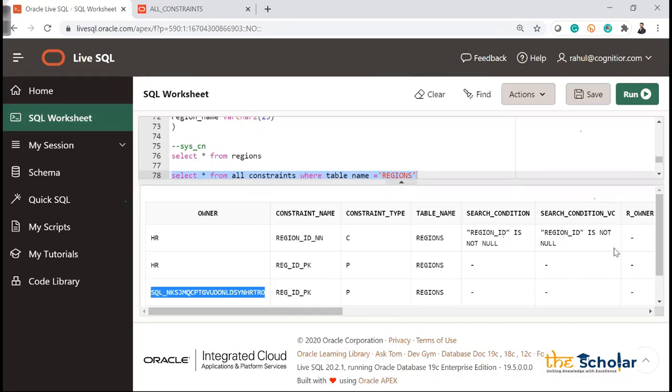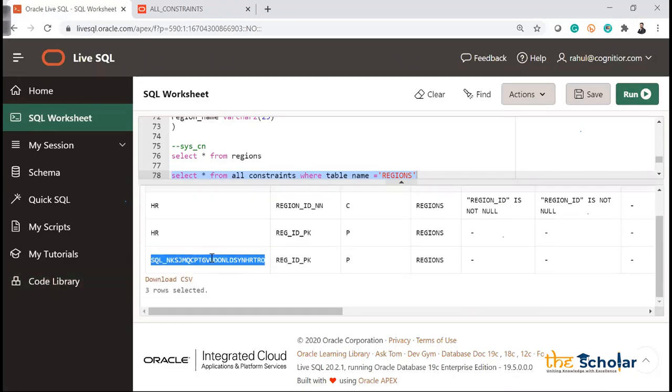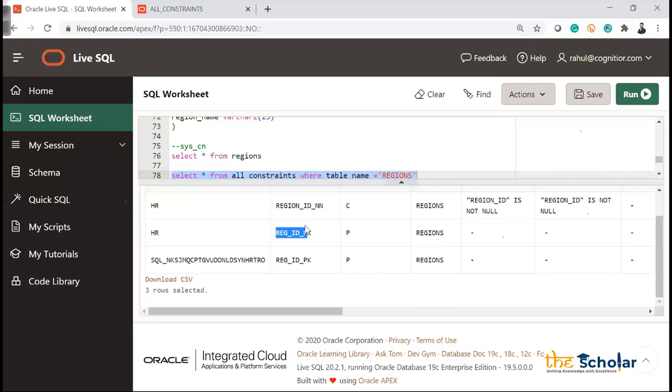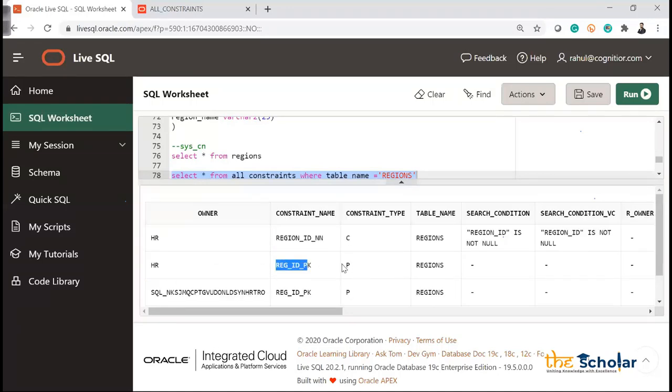Because if you guys remember, I told you that if I close this window, everything will go off. And this is my temporary session. In this temporary session, I created the table as region, and this is the name I gave, right? So that PK constraint name you are getting as well. HR is also using the same name because I obviously copied the code from the Oracle website. So I have the same name. And this P is what? P is a primary key.